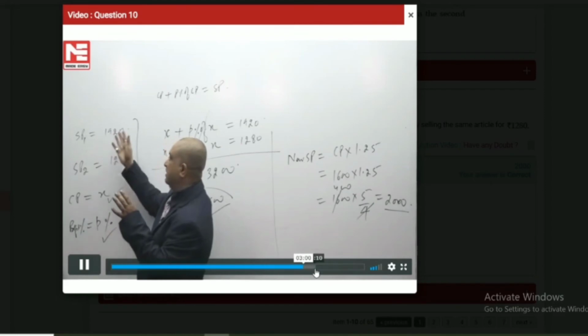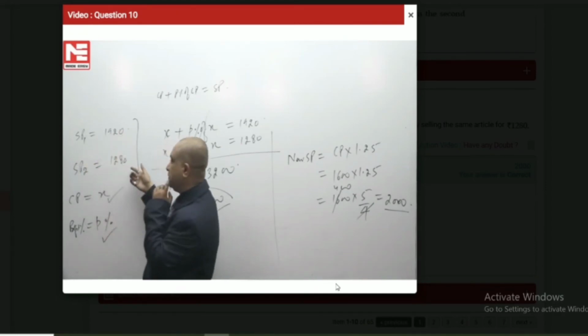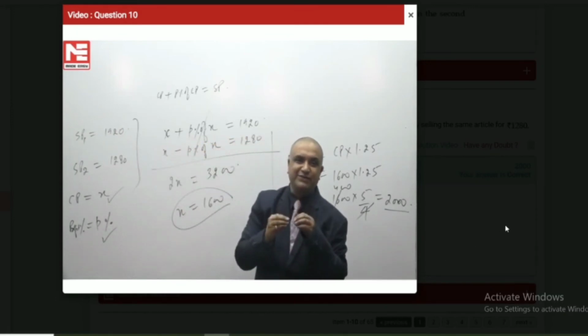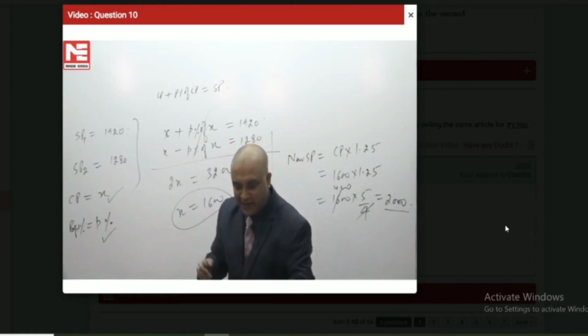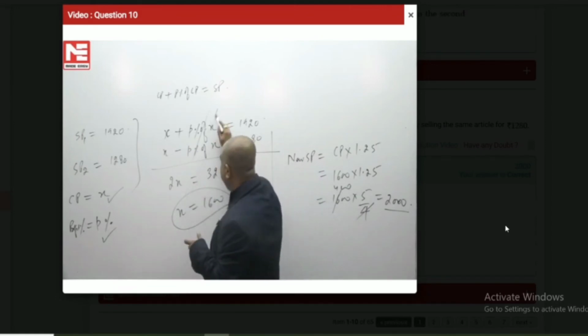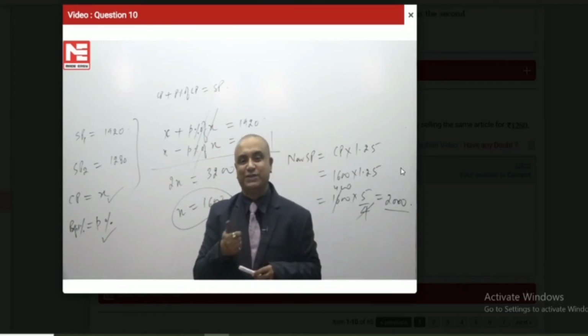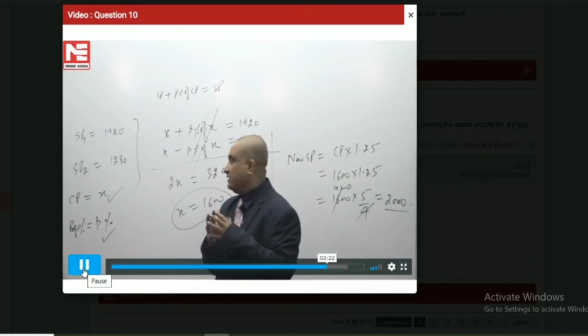So we know if we add these two values, because the profit percent and the loss percent is the same, they are going to cancel out the effect of each other. If we add these two values, we are going to get twice of CP. So directly the question, if you understand it, that the